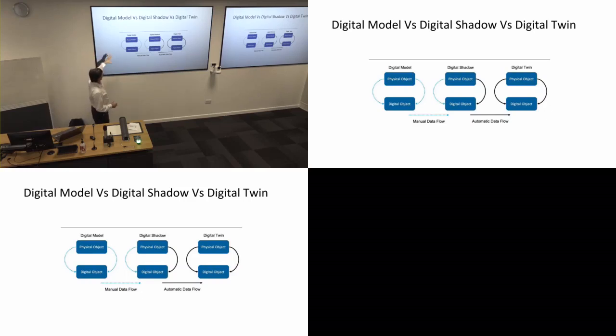So this is a reason. This is a kind of bookish definition that is commonly available in literature: that with a digital model of a physical object, to some extent we have manual interactions, where, for example, this could be an ontology, this could be a BIM model. So we are physically entering data and trying to map the physical and digital objects. But it's very hard to simply change the digital object to inform the physical object to change its configuration.